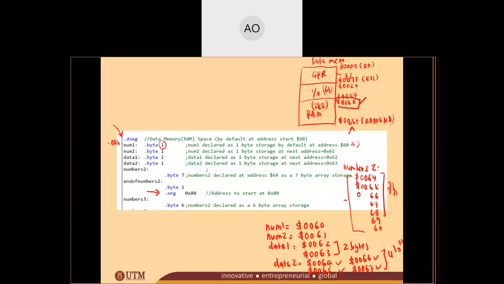.org 0x80 and then num3, you are saying that you are going to reserve how many bytes? 6 bytes. So what happened to your num3? Since you started with the origin, it means that now you are going to start reserving at starting location 0x80. So num3 will be reserved at address 0080,